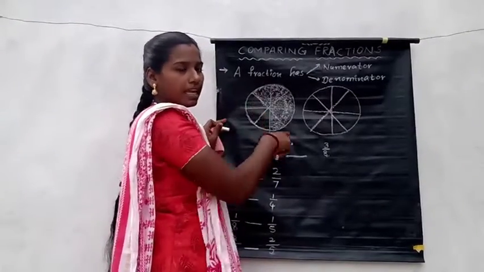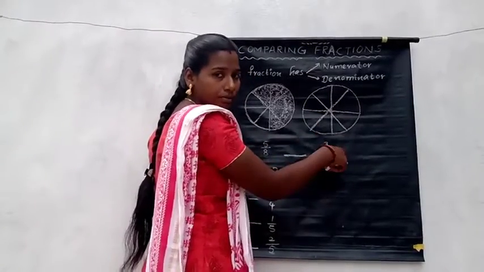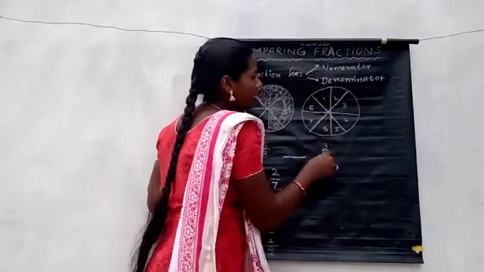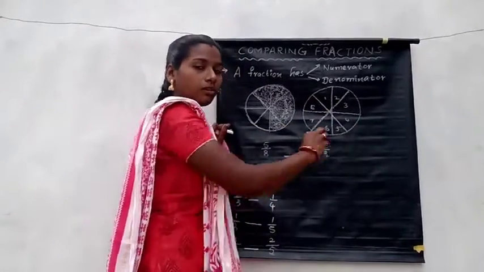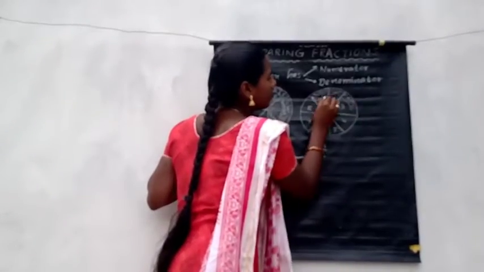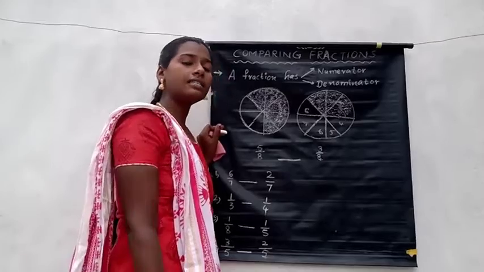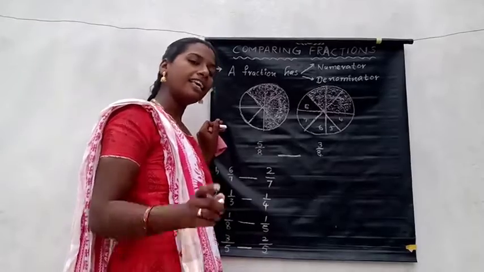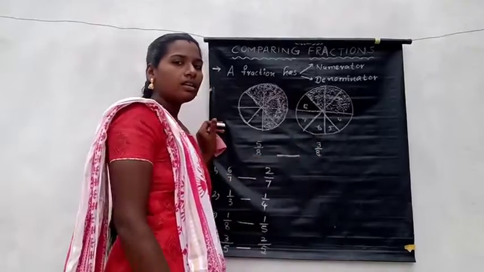8 means 8 whole parts. In this, 5 have been shaded. How many whole parts are there? If you have any doubt you can count: 1, 2, 3, 4, 5, 6, 7 and 8. 8 whole parts have been divided into equal parts. In this one, 3 parts have been shaded: 1, 2 and 3. Between these two fractions, which is the largest one? Means in which fraction have we shaded more parts? Yes, you are correct. In the first case we have shaded more parts than in the second.